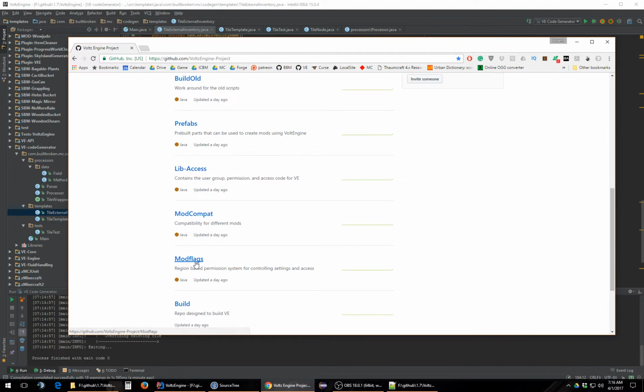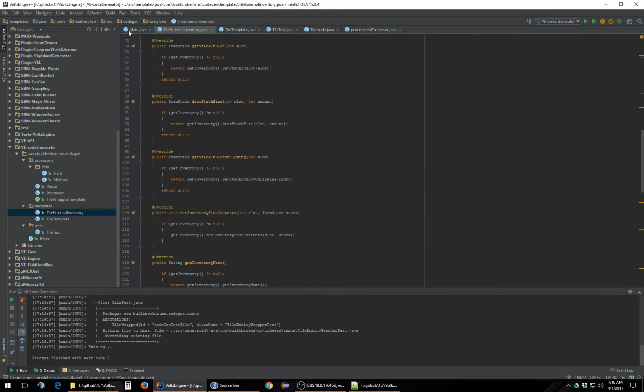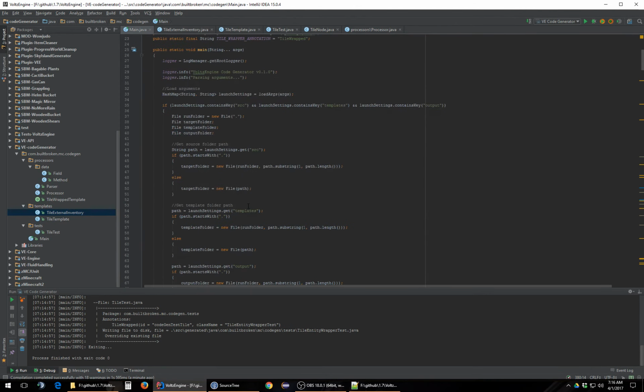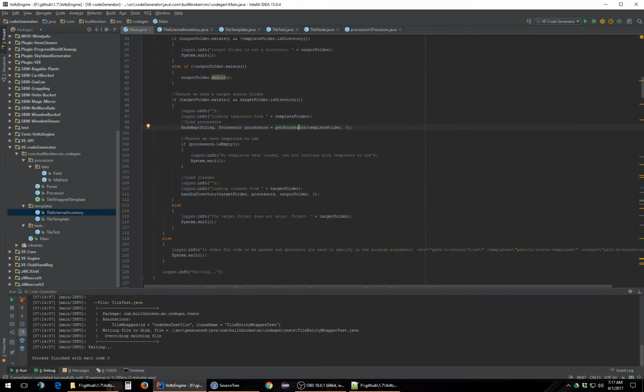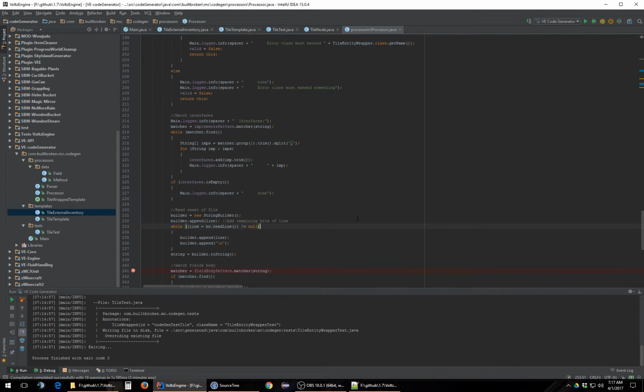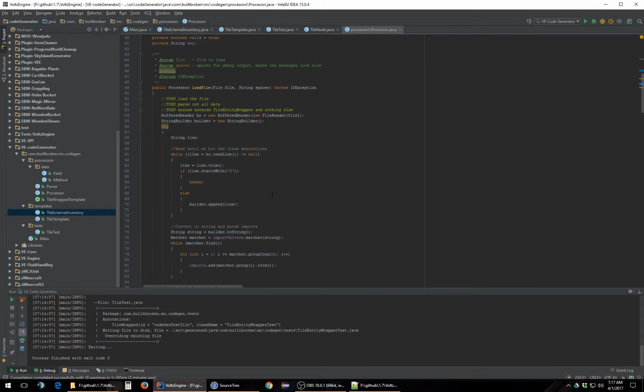Like I'm actually sitting and breaking apart all the VoltsEngines, but back to the processor since that's the main thing. So if we go back here, we load in some arguments, we figure out where our folders are, we load up the processors, and then we load up the actual class files. When it actually loads a processor, it'll initialize load class, and we spend a lot of time parsing it